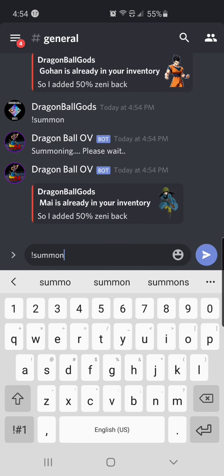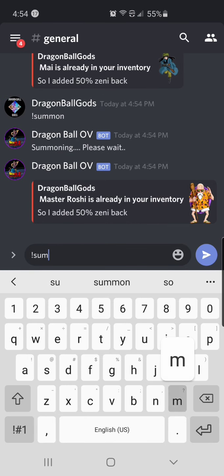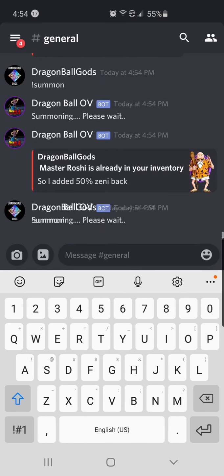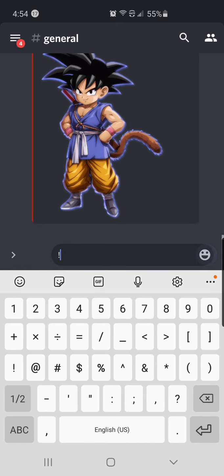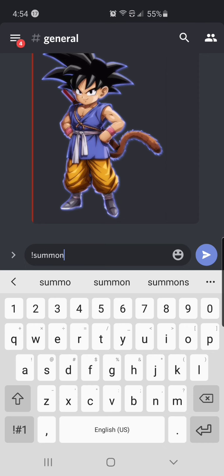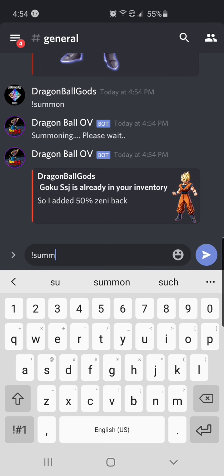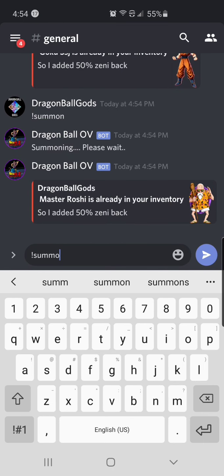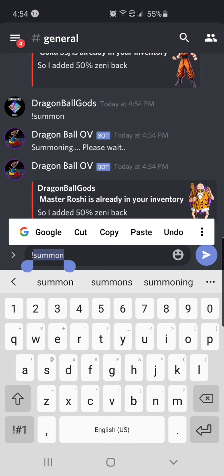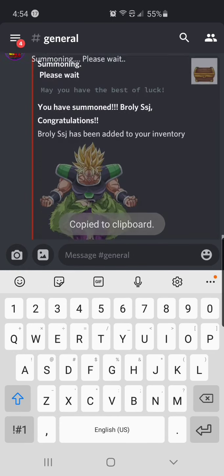Oof. Hashtag delete video. This is trash. Goku GT. Oh no. Worst RNG. Now, here's a little hint. If you can go ahead and copy and paste, and if you have the ability to...